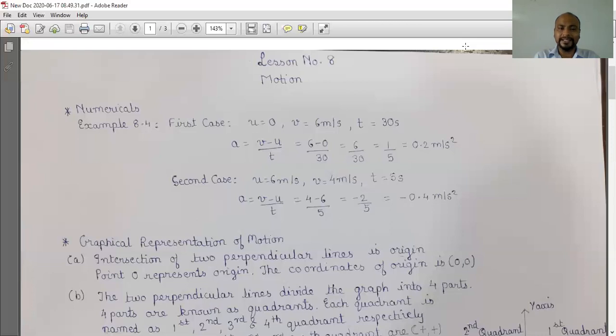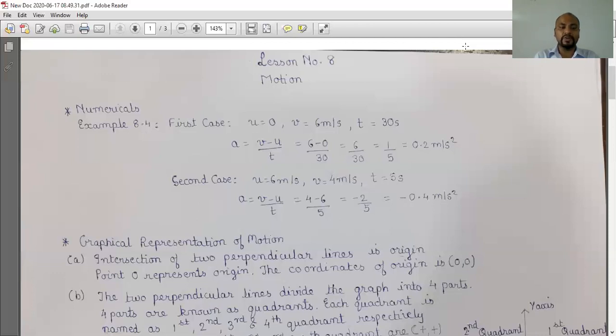Now moving on to the second case, in which you can see that on the application of brake, the velocity of the vehicle reduces. So here your initial velocity will be 6 meter per second and final velocity 4 meter per second, which is attained by the vehicle on the application of brake. Time is 5 seconds. Formula for acceleration is v minus u upon t, that is 4 minus 6 upon 5, which is negative 2 by 5, that is negative 0.4 meter per second square. A negative sign beside the value of acceleration indicates it is retardation.